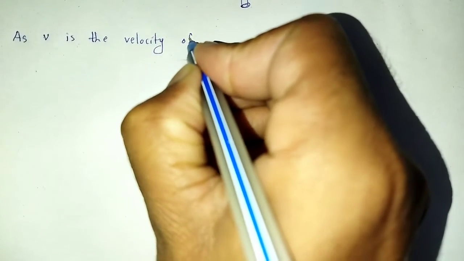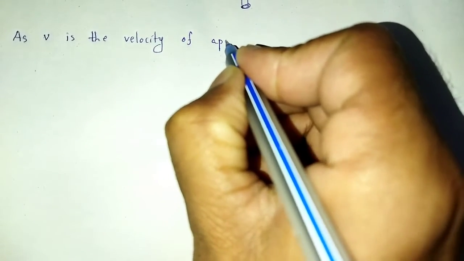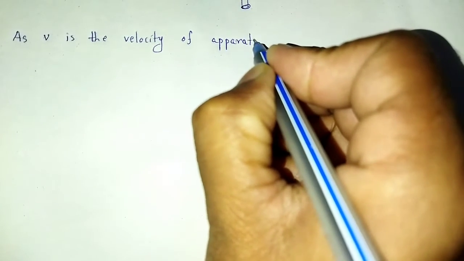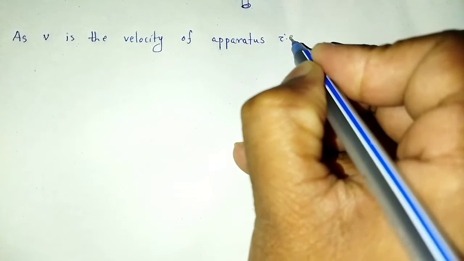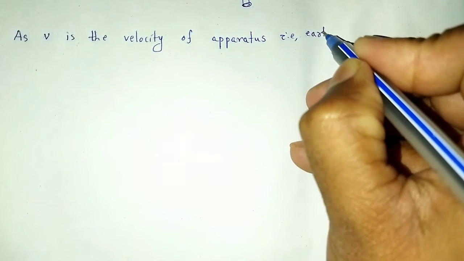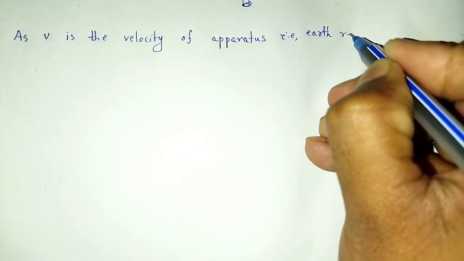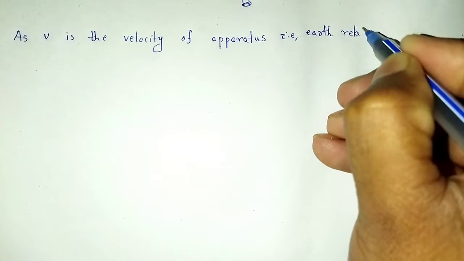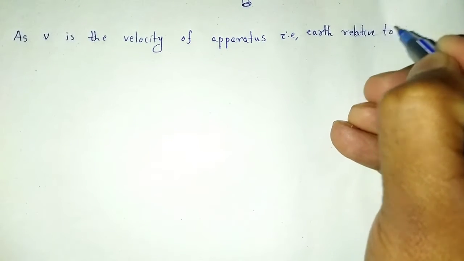As V is the velocity of apparatus, that is earth, relative to ether,